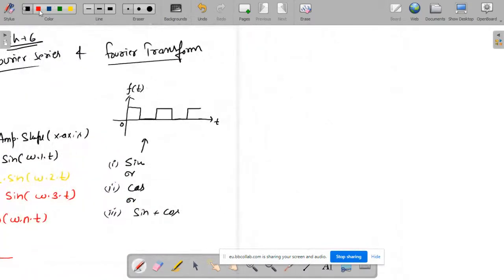Now what does the Fourier series tell? f(t) is equal to a naught, I will tell you in this formula what a naught is, plus the summation from n=1 to infinity. The Fourier series tells that in a signal there may be many sine signals or cosine signals. So, summation n=1 to infinity, a_n cos(n omega t),